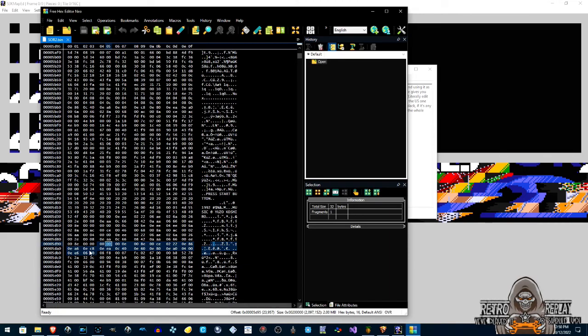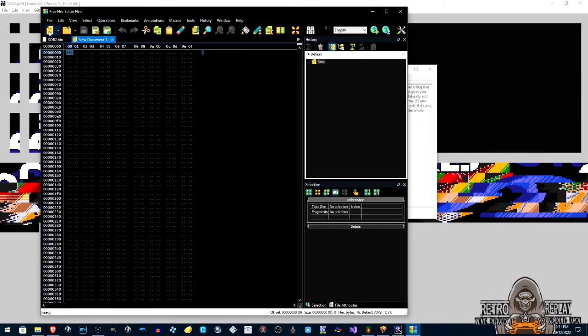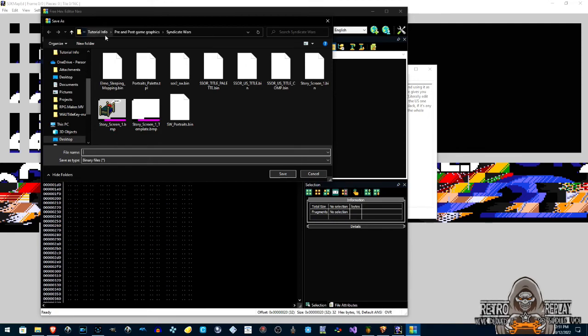Now, we essentially just want two full lines. You figure that each grouping right here would be one color. So you have 16 colors in total. So you have 1, 2, 3, 4, 5, 6, 7, 8, 9, 10, 11, 12, 13, 14, 15, 16. So go ahead and copy that. Paste it into a new file. And we will save that